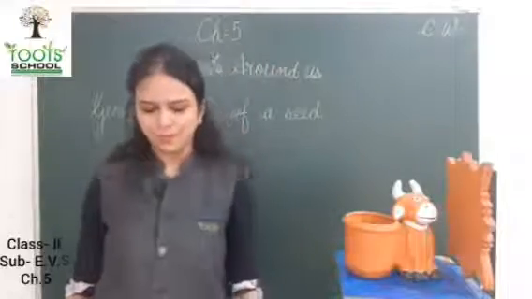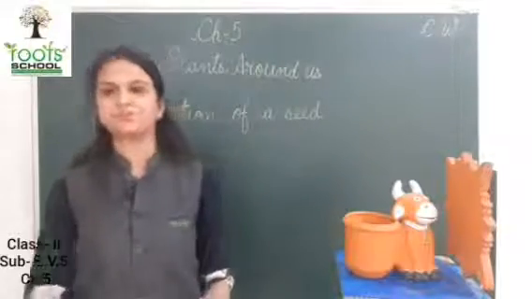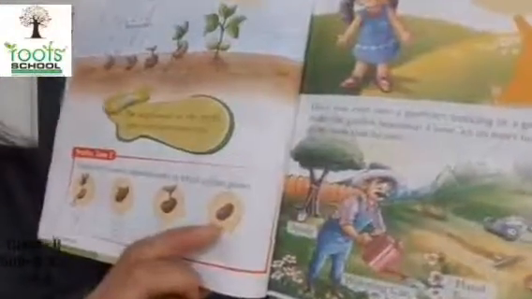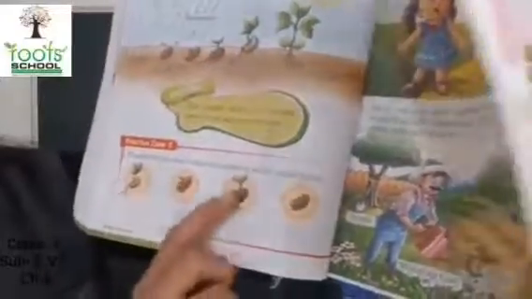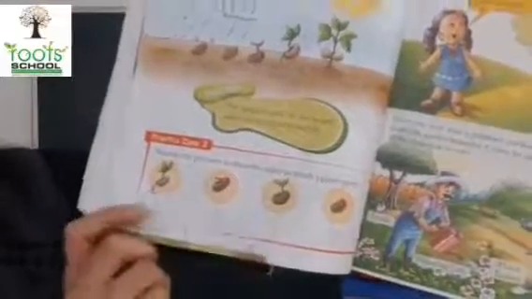Okay. Now we will do practice zone 2. See this. What do we have to do? Firstly, we have to put seed in the pot. After that, it will grow a little. Okay, little like this type. And then 2 leaves will come. And then it will become a plant and roots will come out. See, in this picture roots are there. And in this picture root is not there. So this one is the last stage, 4th.